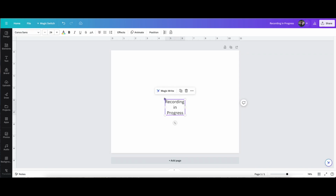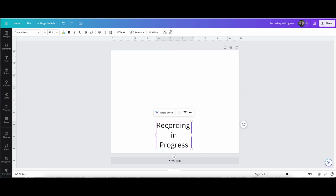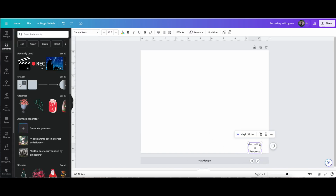Now, I want this to be bigger. Before I do that part, I need to put my size in. So I'm just going to set this to the side, make it smaller. I can always make it bigger later. Go up to elements. So I am going to go up here, go to shapes, and under shapes, I want